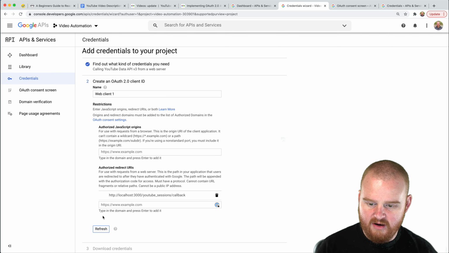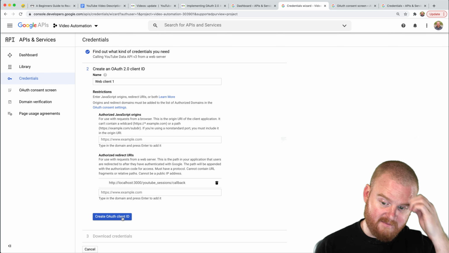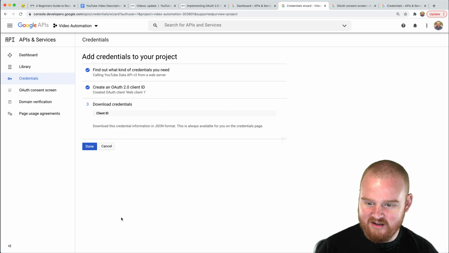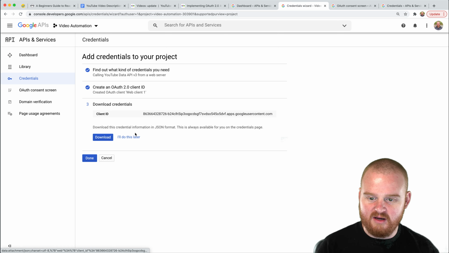And then we'll say refresh. And okay, so now we can create an OAuth client ID. So we're super close. Okay, so we're going to create an OAuth client ID. So this is going to be useful. We want to copy this, but also there's going to be some